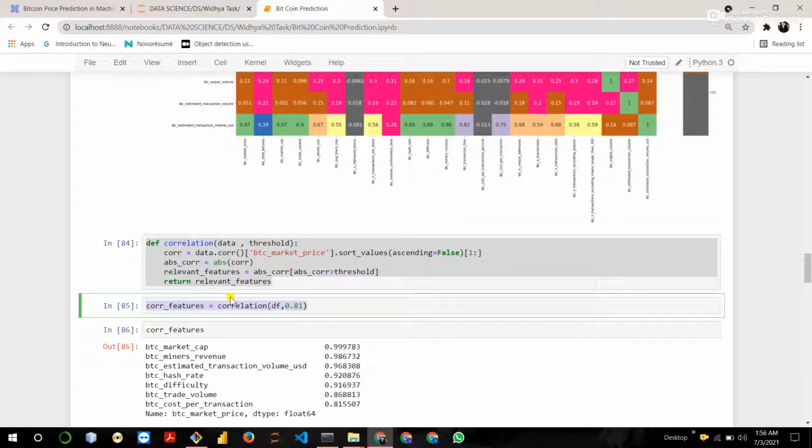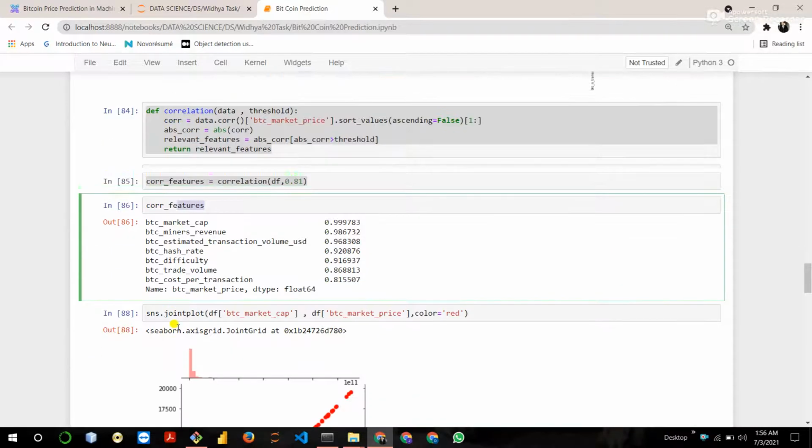When we call the function correlation, it takes data and threshold value and pass a data and the 0.81 threshold value. Then this function returns all the features which are correlated with the target feature above 0.81 threshold value and display the returned features. You can see.